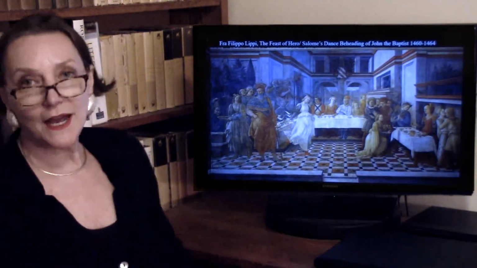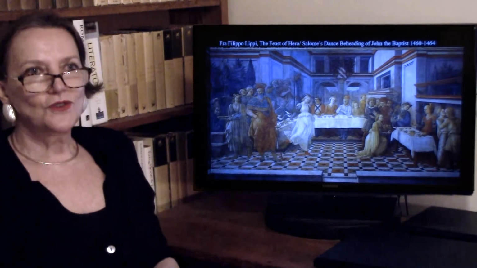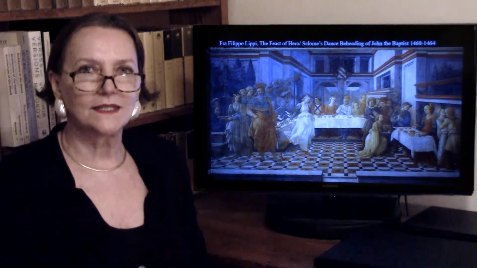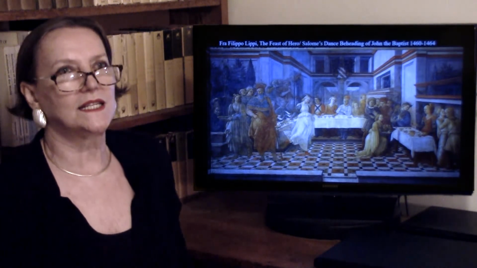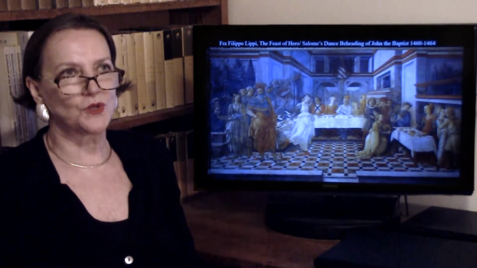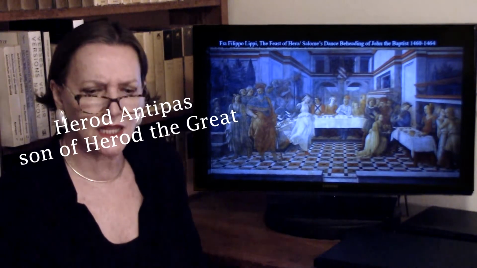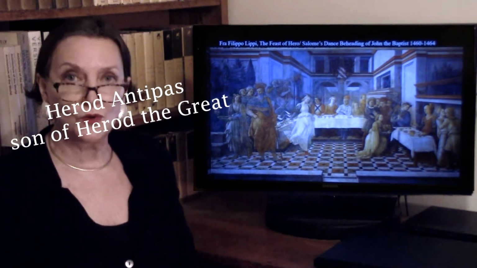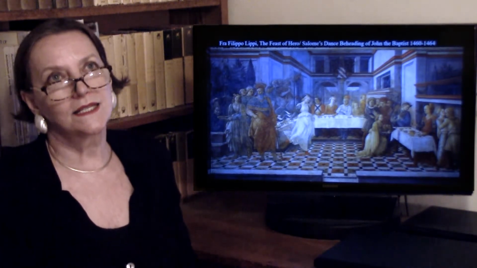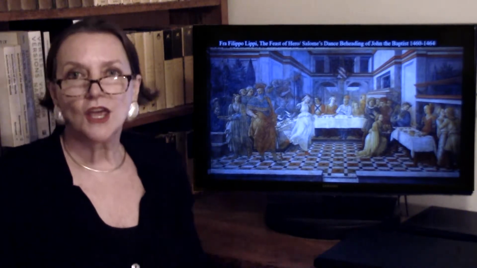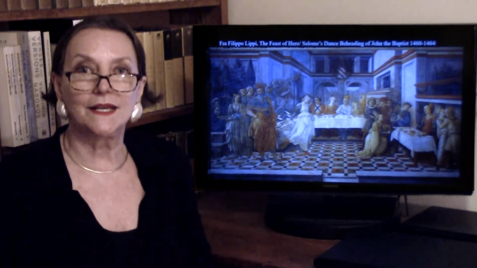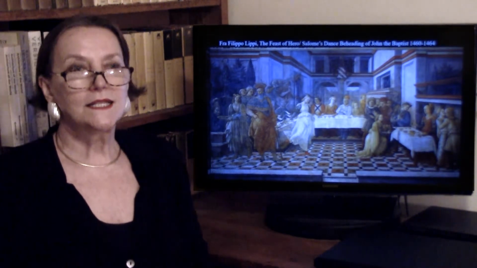Now, we're going back to the 15th century, just for a bit, to show you how it was usually presented. The story is there's John the Baptist, who roams the hills of Judea and baptizes people in the River Jordan. And then there's Herod's son, who was also called Herod. He marries, I think, his cousin, whose name is Herodia. Now, according to the law, that was an illegal marriage. You cannot marry a cousin. And St. John the Baptist